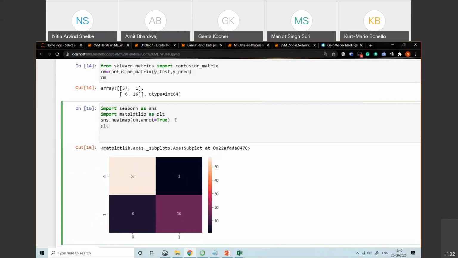Then PLT dot xlabel, and the second one PLT dot ylabel. X label means your actual label, and Y label means your predicted label.